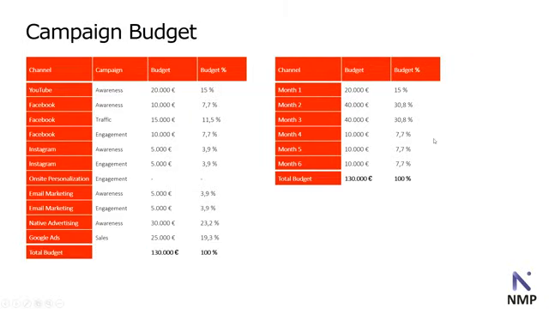And here we have the budget. The numbers are not the real numbers. They are fictional. You have to divide and conquer. You need to divide your budget among your channels. And if you use a formula, a budget calculator, even if your total budget is more or less than this one,